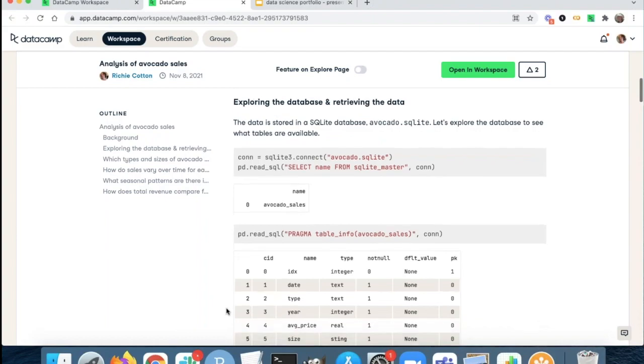Moving on to the next section. In this case, I stored the data in a SQLite database. Now, the avocado sales data is a really simple data set, and it's just one table. So I could easily have used a CSV file for this. However, because a lot of data analyst roles will ask for SQL skills plus Python or R, you don't want to have to write 2 different publications to demonstrate each technology separately, because the hiring manager is going to spend 1 minute trying to figure out, do you have the skills or not? They're not going to have time to read 2 different